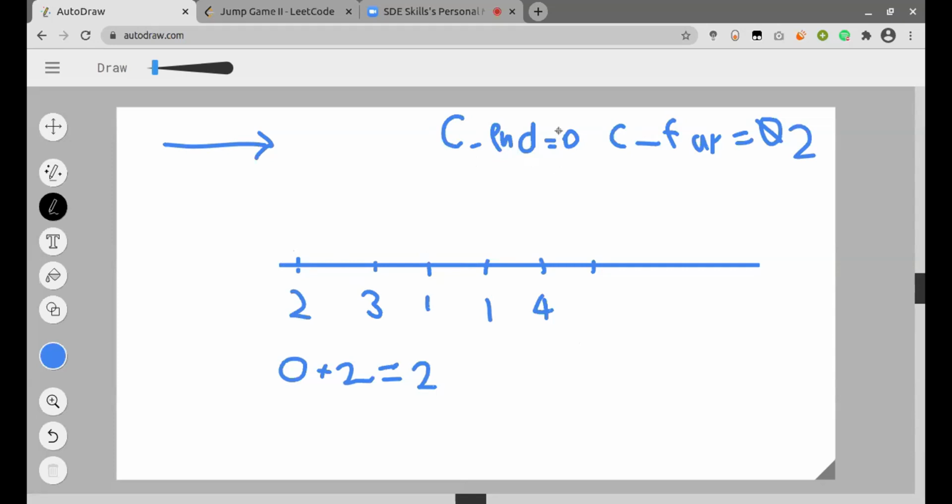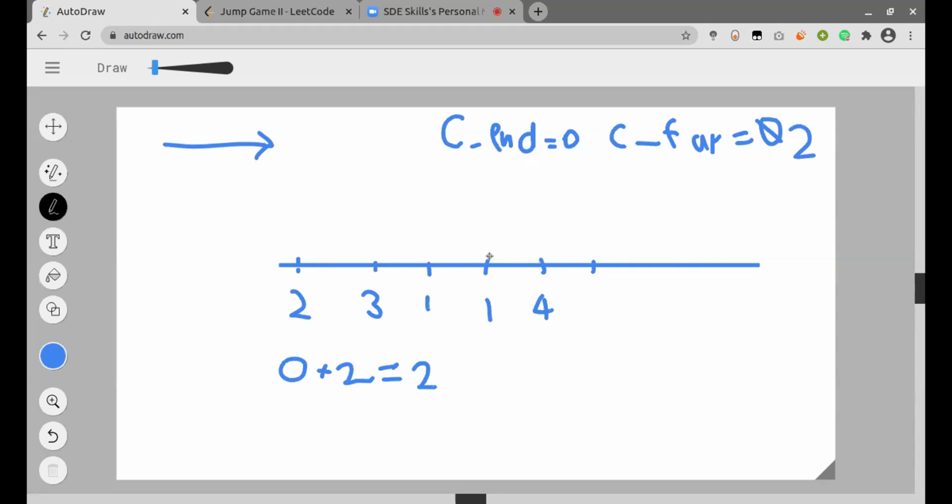So all the possible candidates are from 0 to current farthest. The current far means that from whatever index I'm at, I can get to current far in one jump itself. Because if I'm at the 0th index, I can get to the 2nd index in one jump itself.